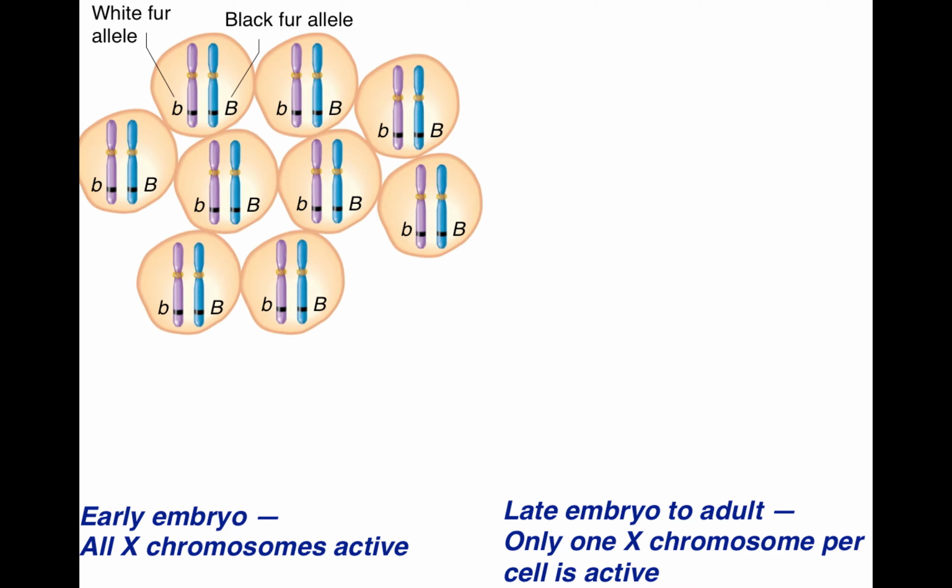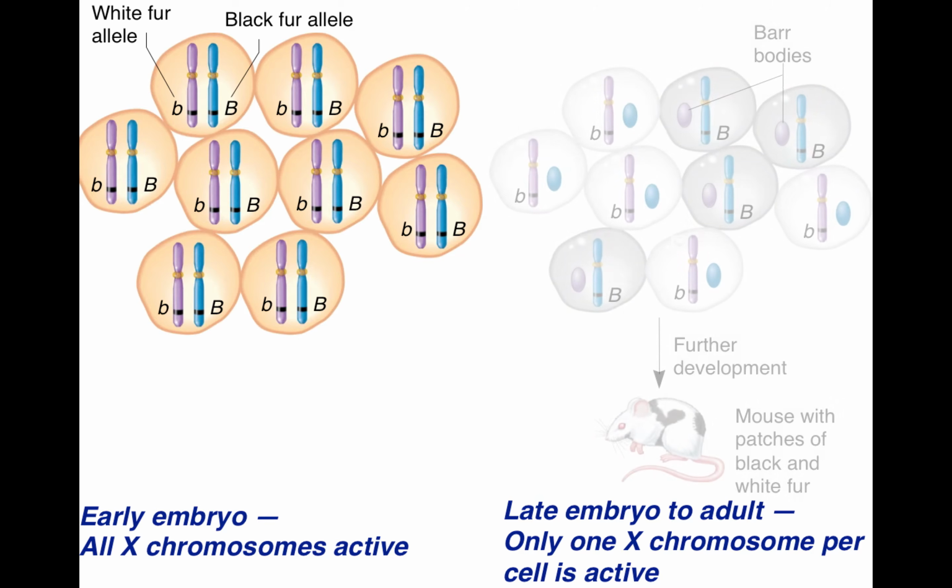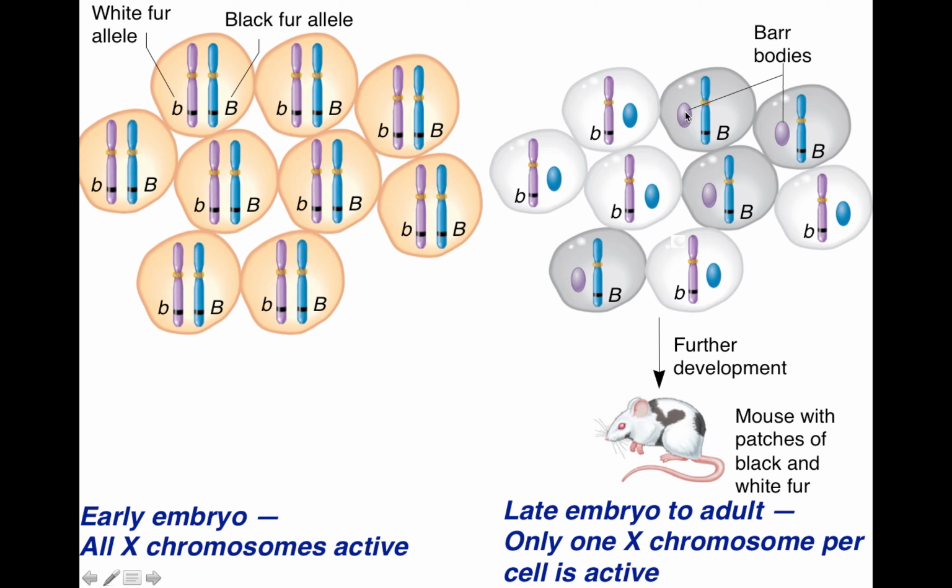Later in embryogenesis and persisting into adulthood, only one X chromosome per cell is active, and the other one is turned into heterochromatin, very tightly compacted, called a Barr body. That process of compaction or creation of the Barr body is random. In some of the cells, you notice that it is the X chromosome that contained the white allele. And in other nuclei, the X chromosome that contained the black allele is the one that gets turned into